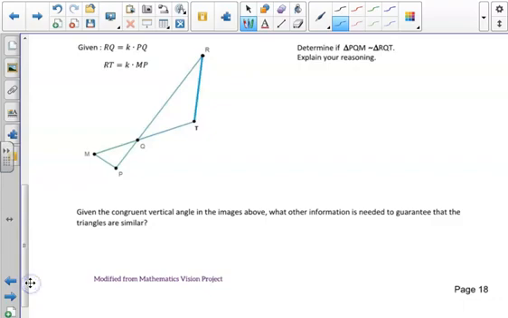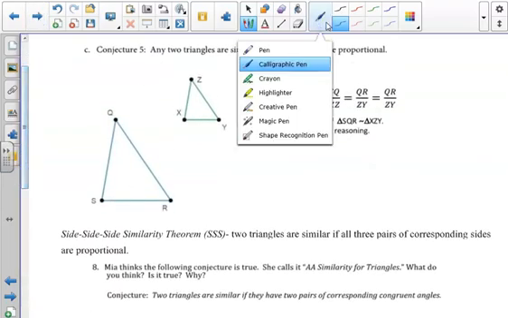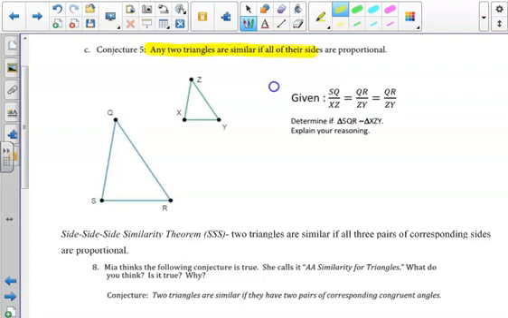We have one more way to prove that triangles are similar, and the last method is when any 2 triangles have all 3 sides that are proportional. We call this the side-side-side similarity theorem. So 2 triangles are similar if all 3 pairs of corresponding sides are proportional. So what that means is that if we take a side length, and we know all the side lengths on all 3 sides,